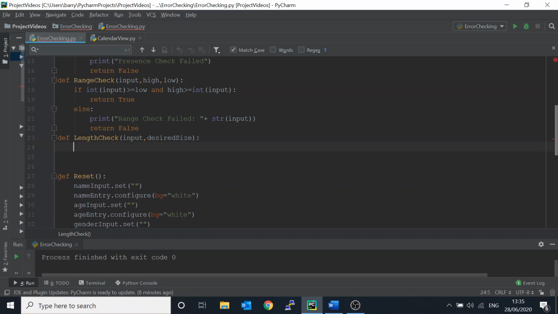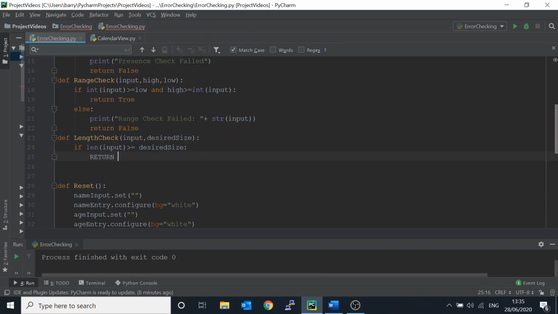So we'll define that function, and then we'll say if the length. Now remember, len and then the input. So len returns the length of the string input given. So we'll say if len input greater than or equal to, and then desired size, because that's the desired length,